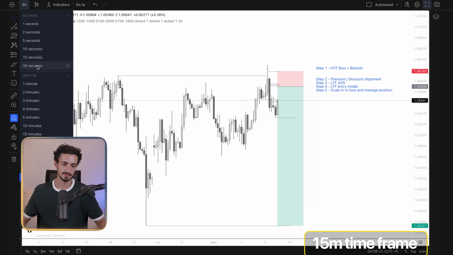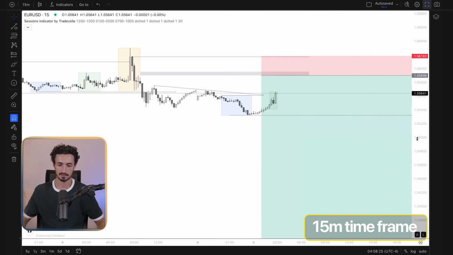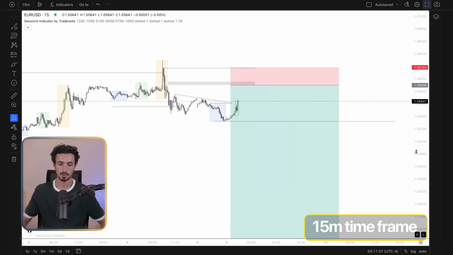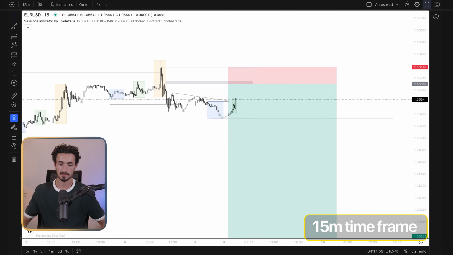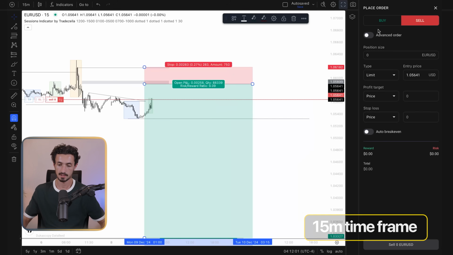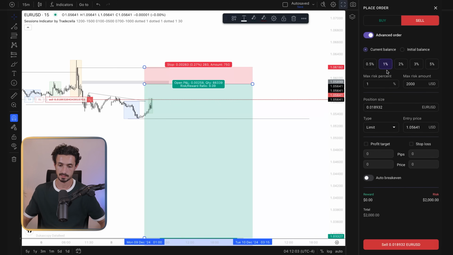So if we drop into the 15-minute again to see how we get in for our entry. We're going to look at entering this position. I'm going to place an actual order. So we'll come over into here. We'll go 1% risk. If you're wondering what platform I'm currently using to simulate what it's like in real time to trade,